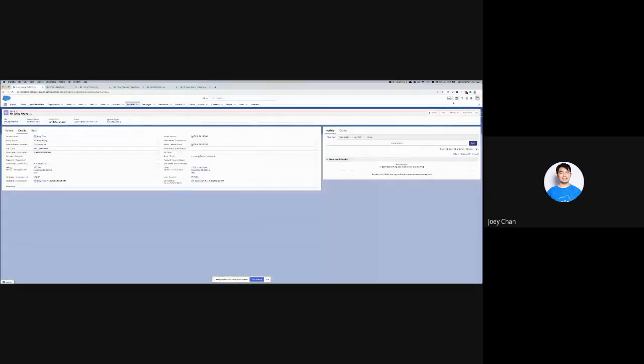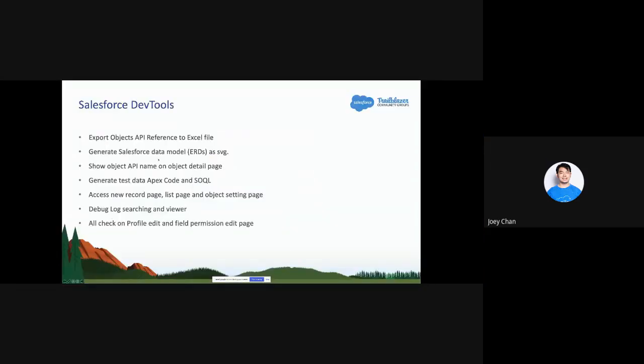So take note, I'll be sending over the links later and I'll also have the slide for it. Some of the things that you can do are export objects API in the Excel file, generate the ERD, show all of the API names for a specific object, generate the Apex code, and access new record and list pages, debug log, and